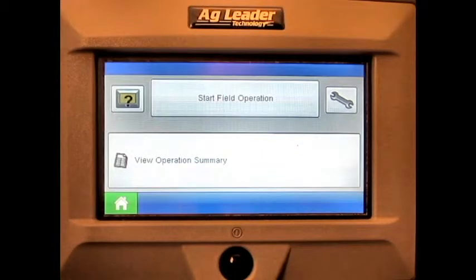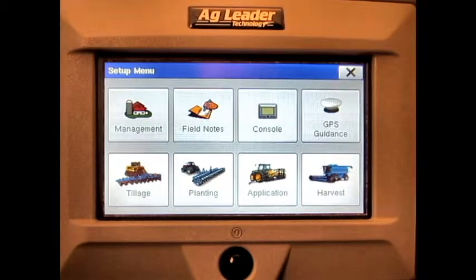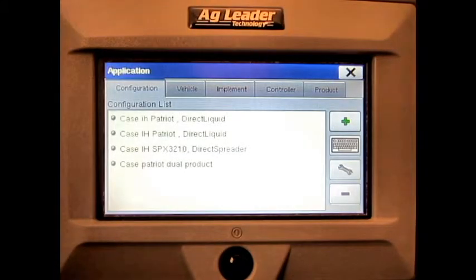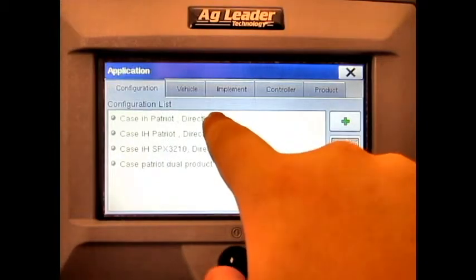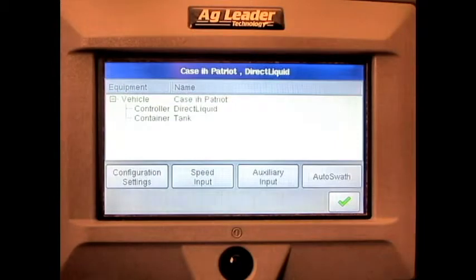In this video, we will cover how to do switch mapping on the Ag Leader Edge display. From the home screen, press the Setup button, press Application, select the correct configuration, press the double-ended wrench, press the Auxiliary Input button,